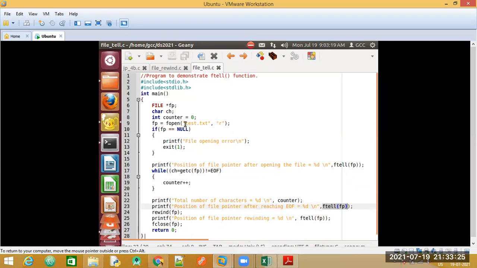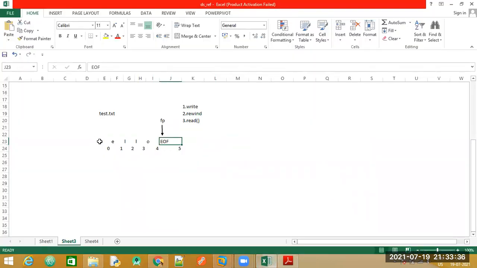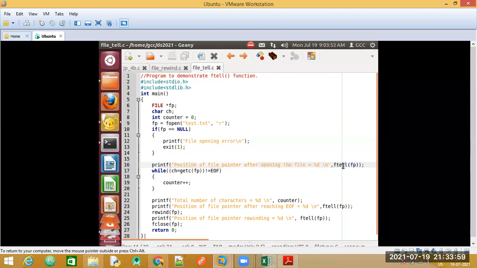We open the file in the read mode, and in this particular statement here, we try to get the position. So when the file is opened and it is assumed that it is blank, we do not have any contents. The file pointer will be at the first location when it is totally blank. Then we try to print the position at that time to know where our file pointer is. So it should return 0 if it is blank.